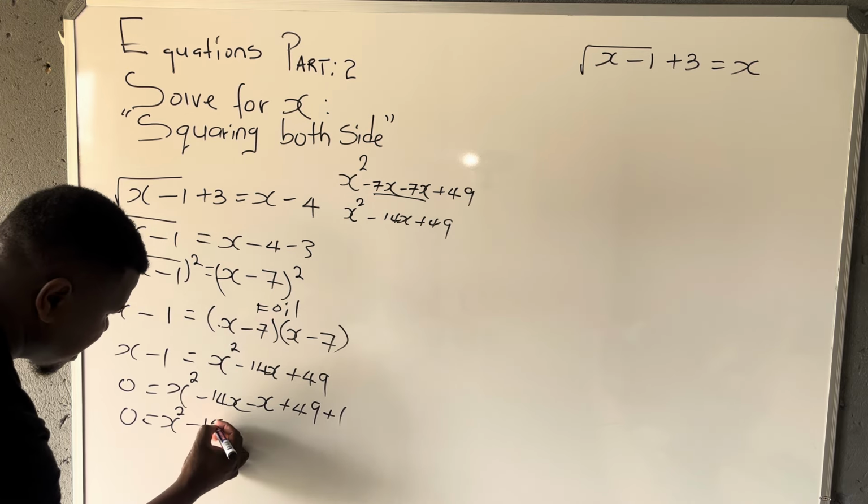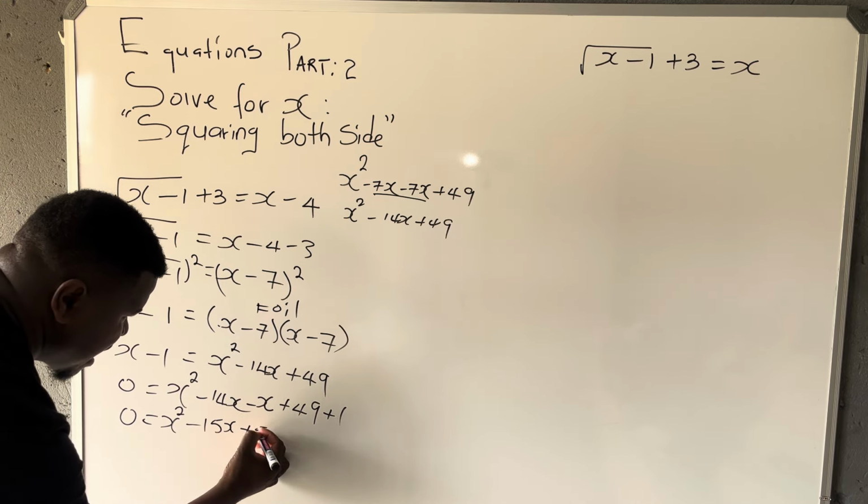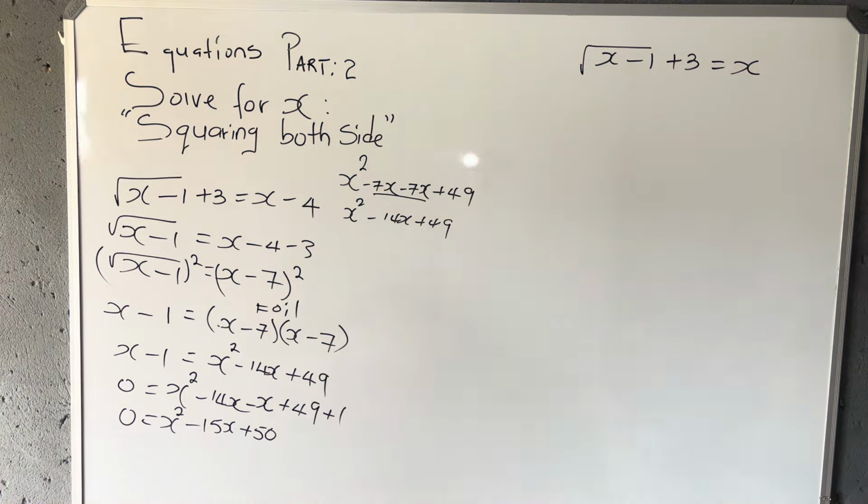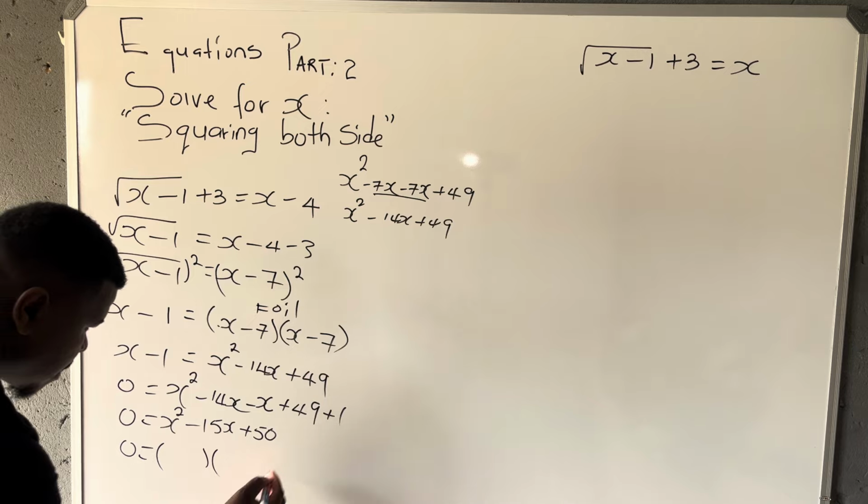So I'm going to have a 15x as my middle term. Then I'm going to have a 50. Now we have to factorize. So if we factorize this,